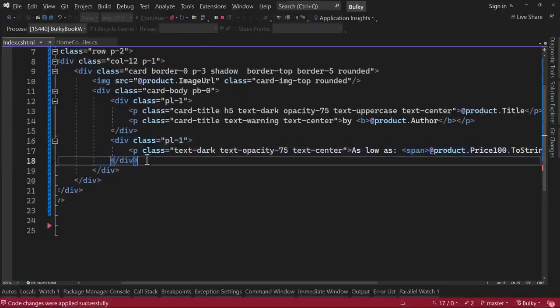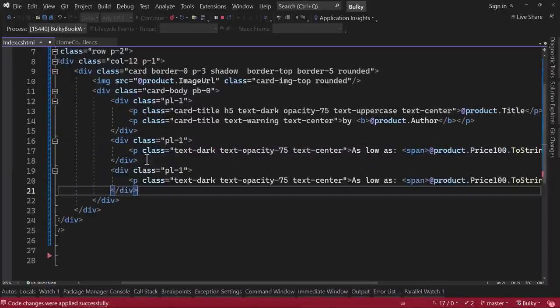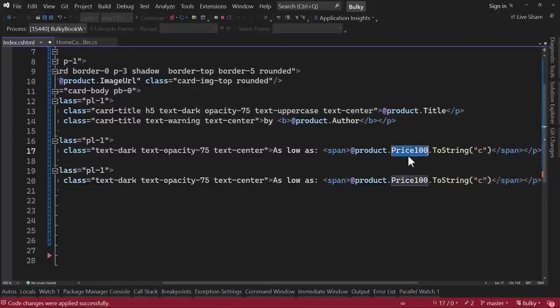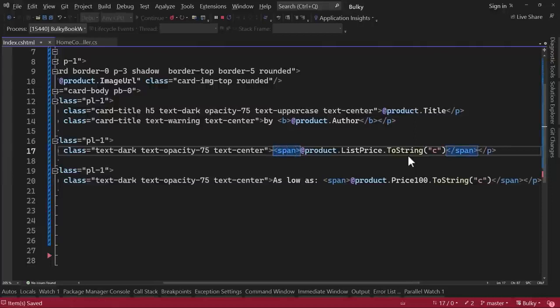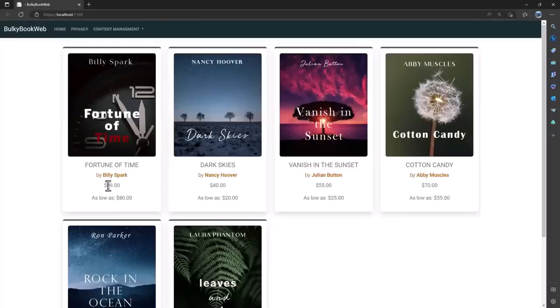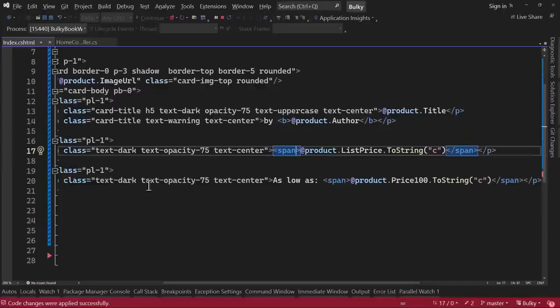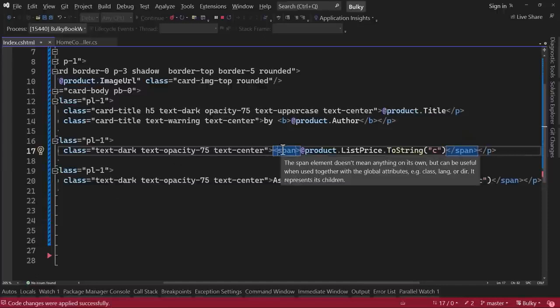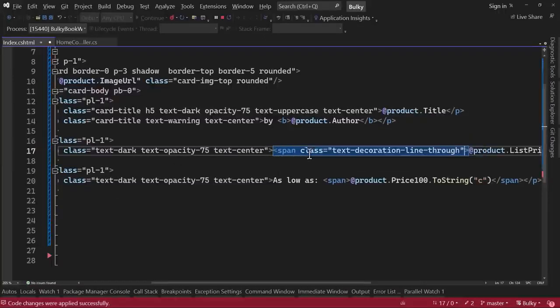Let me copy this, paste it one more time, and let me also display the list price. I think we should display the list price first and then the lowest price. That makes more sense. Perfect. List price and then the lowest price. Let me go back here, and inside the span I will add